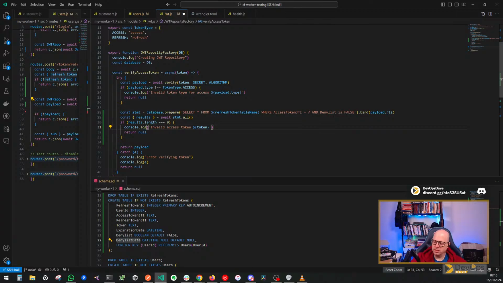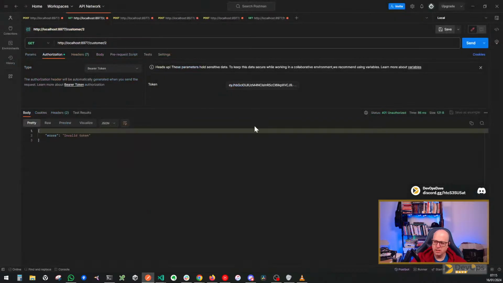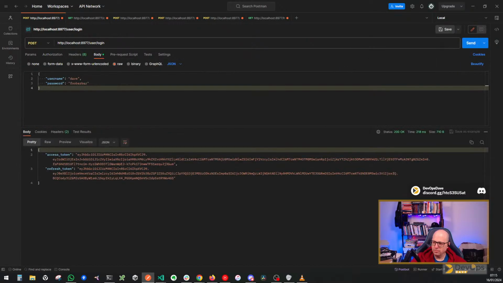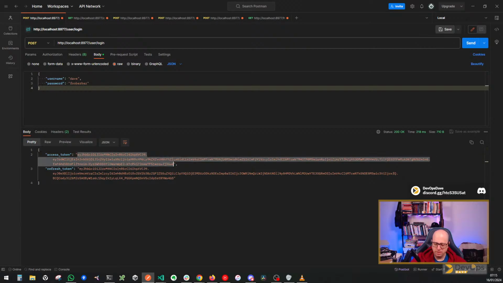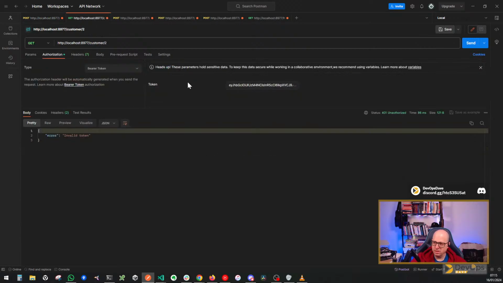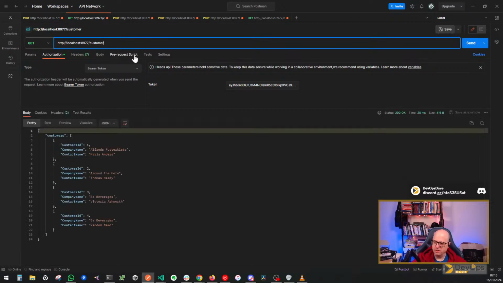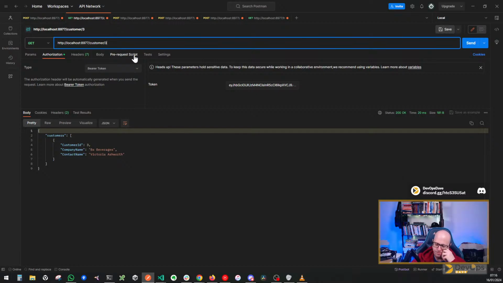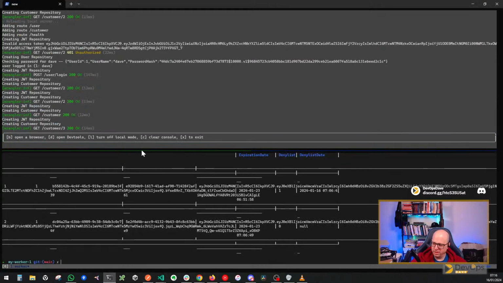So anyway, if we log in again, we now have a new access token. This access token should work. And it should continue to work, and continue to work, no problem. But the only thing that is